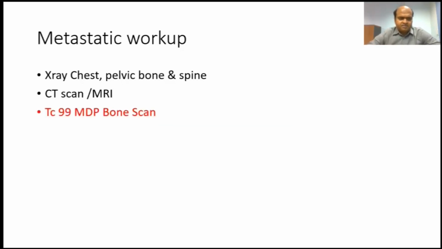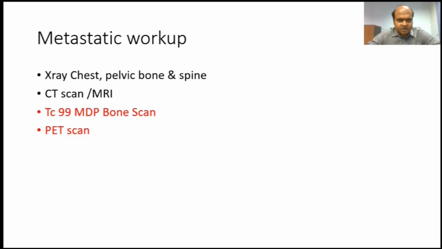But the most important investigation for evaluation of prostate cancer metastasis is the technetium-99 bone scan, which can detect prostate cancer metastasis in the entire skeletal system of the body with good positive predictive value. And now PET scan has also been added in the basket of metastatic workup imaging of prostate cancer. I will come to details in the subsequent slide regarding the role of PET scan or its current utility in relation to